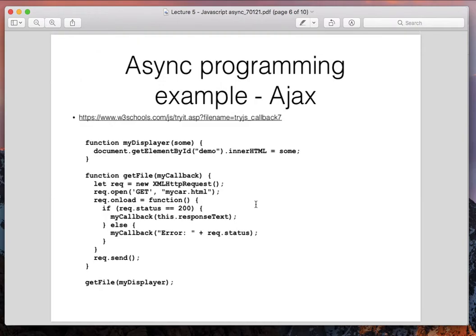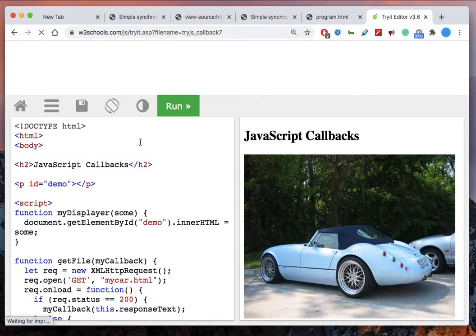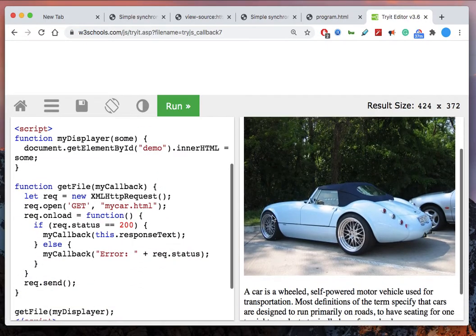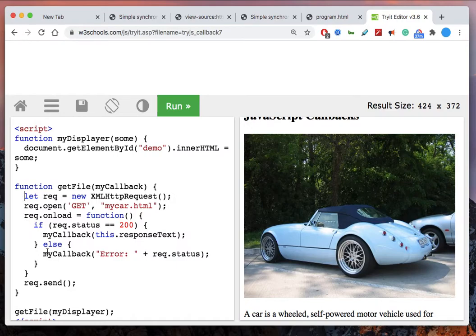And another example of asynchronous programming in JavaScript, very popular, very important, very much used, is Ajax. So we'll just see if we can use this, right? Here I am making an Ajax request and fetching some data from the server, right? Ajax is nothing but a way to call the server without loading the page.